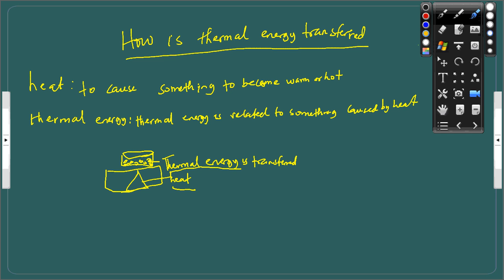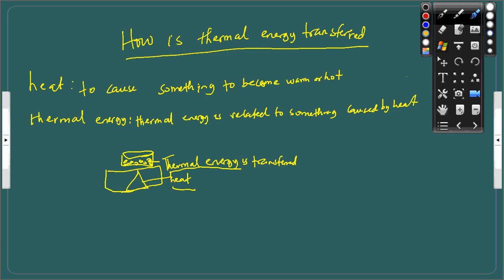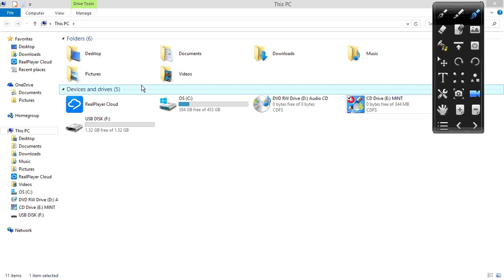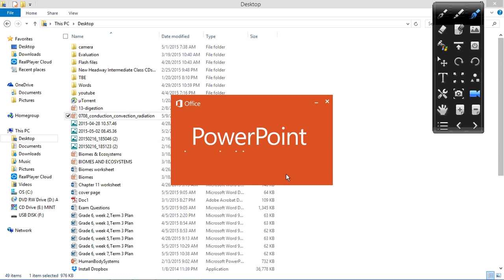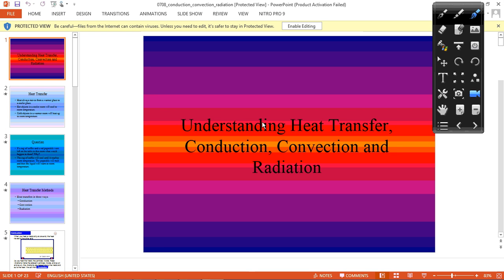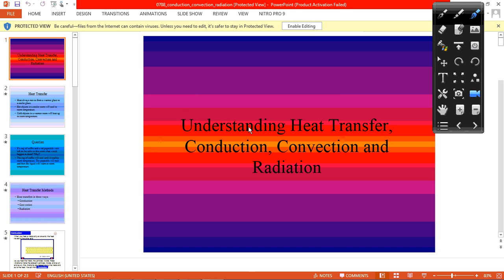Okay, let's move to the slide I want to work on today. I want to talk about the types of heat transfer we have and how this heat is being transferred from one body to another body. Now the first one we'll talk about in this class is we need to understand heat transfer. We have to talk about conduction. We have to talk about convection. We have to talk about